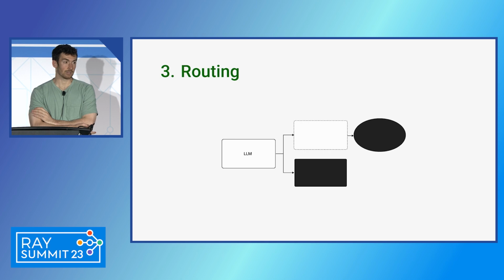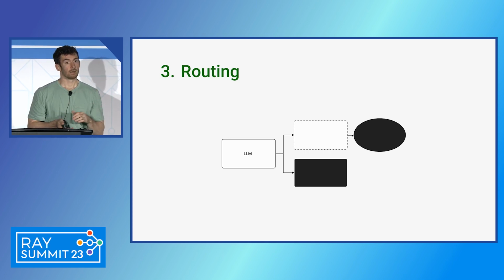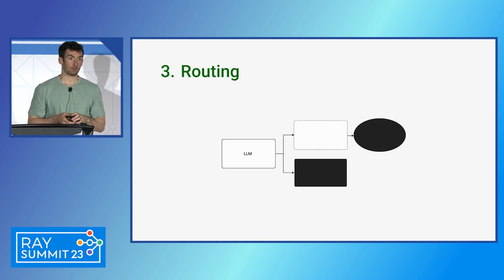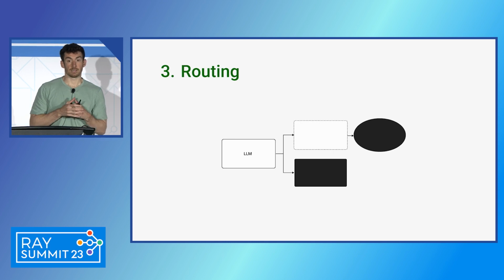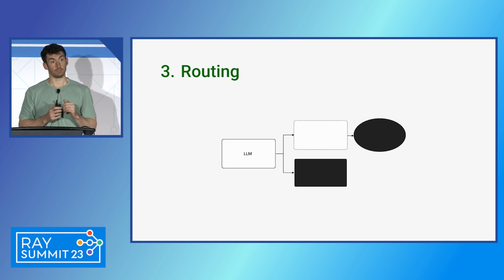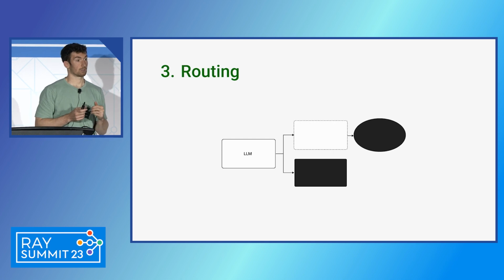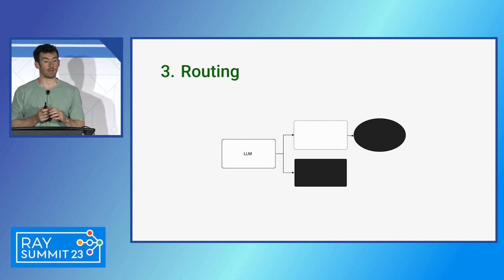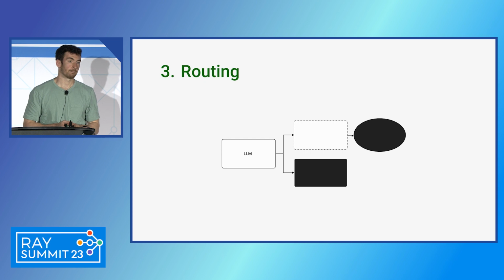Adding a bit of complexity into it, the next level up brings in kind of like routing. And so this uses a language model or some other mechanism, but we're talking about language models for the most part here. So it uses a language model to determine what steps to take. So you might have a decision and you might route between, an example of this often is with prompts. Like a question comes in, maybe I use one prompt that's really good at answering questions about math, one prompt that's really good at answering questions about English, and based on the user question, I decide which one to use, and I could then go off that branch and continue on my way there.